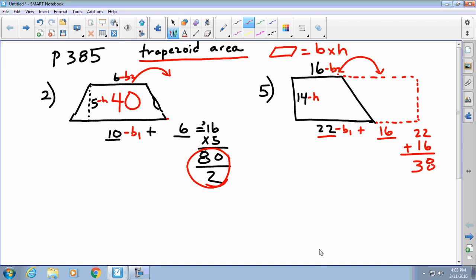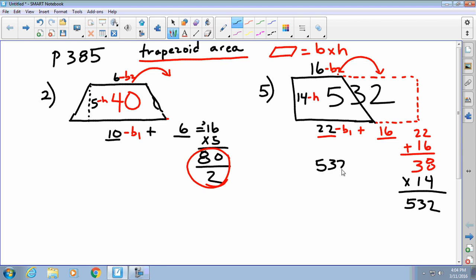The last thing we have to do, I'm going to change colors here, we have to take 38 and times it by the height, which is 14. Now, if you do 38 times 14, you're going to get 532. Now again, the entire rectangle is 532. But we're not interested in the entire rectangle. We are interested in that trapezoid piece, which is 532 divided by 2. If we take 532 and divide it by 2,